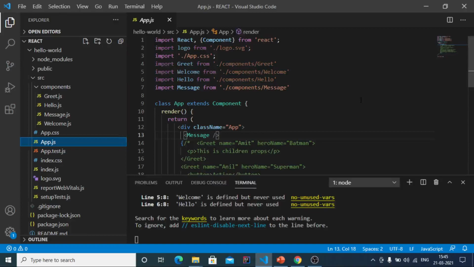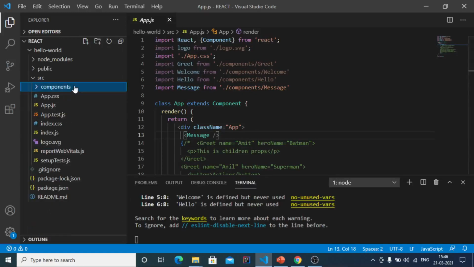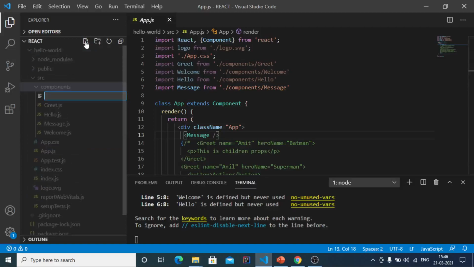So in this video tutorial we are going to create a counter value and initialize it to 0, and we will be making use of a button, and on clicking that button the counter value should increment. So within the components folder I am going to create a file counter.js.